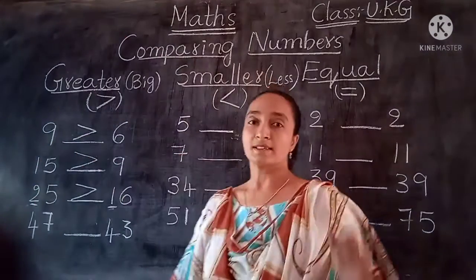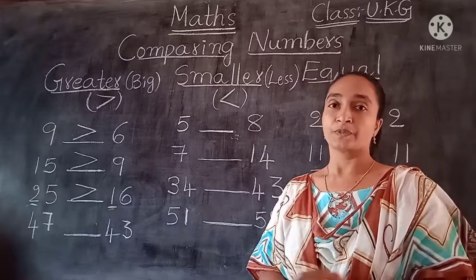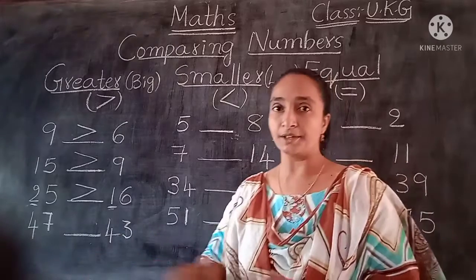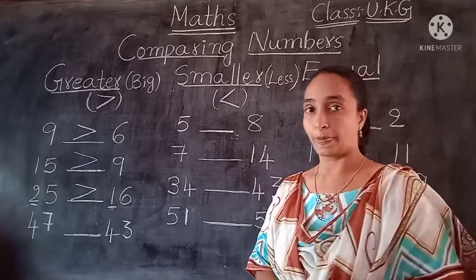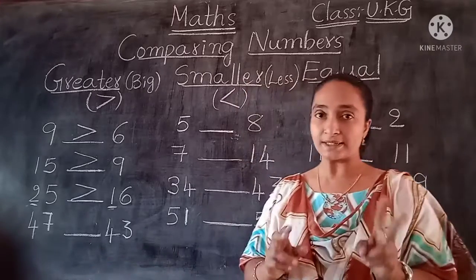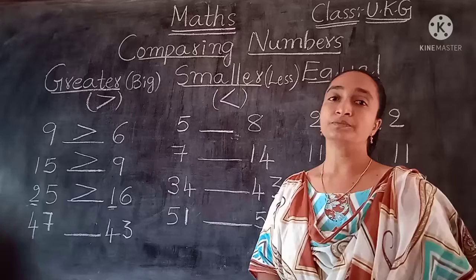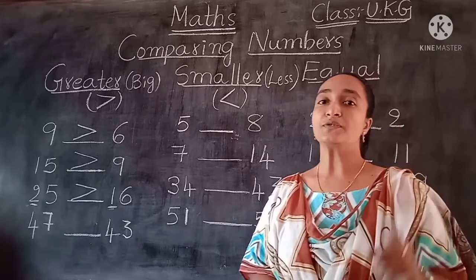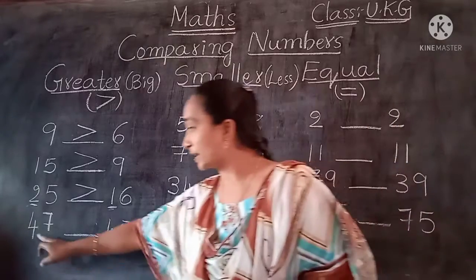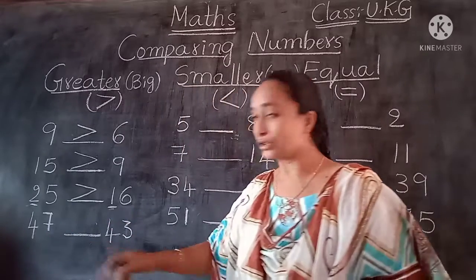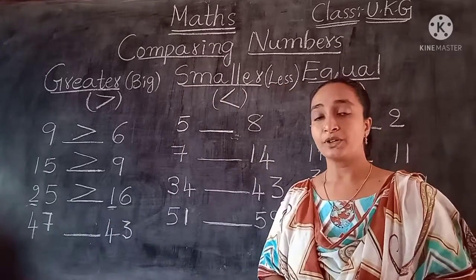So children, suppose here I have changed these numbers. Now if you see here, the tens place are the same. Okay children. Now 2 digits. This side also we have the 2 digits. Now how could we find out? Yes. Now again first we have to check the tens place. Tens place now if you check, 4 tens and 4 tens. Both are the same. Now how could we find out again?